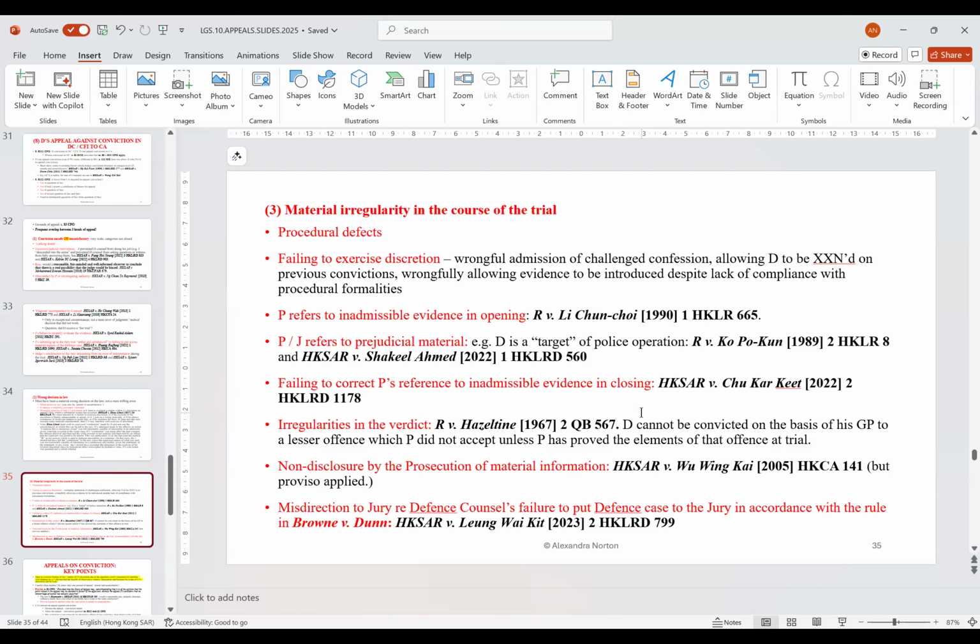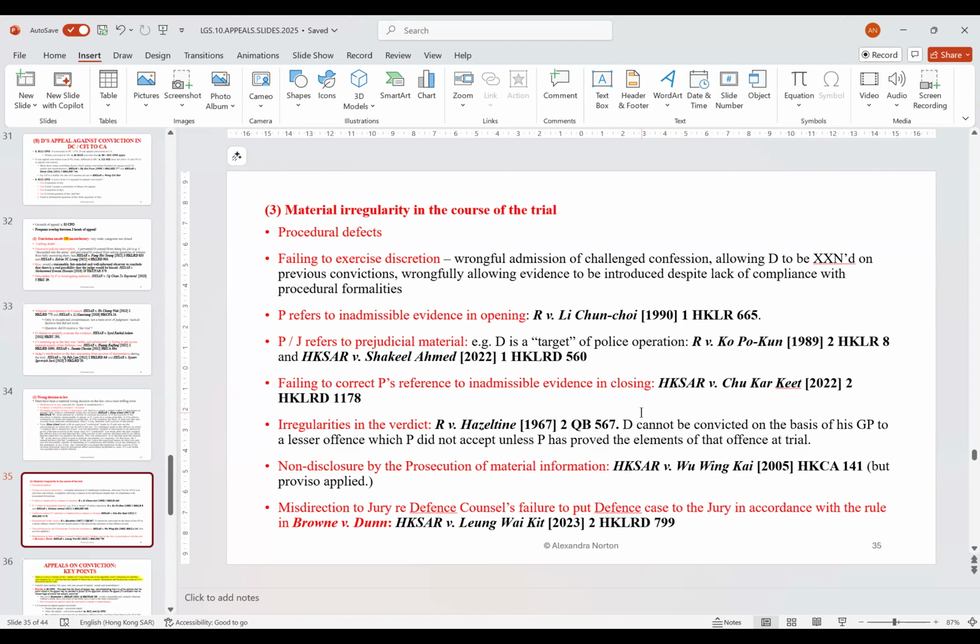Okay? But the prosecution referring to inadmissible evidence in opening, like prejudicial hearsay statements, is a very good ground of appeal, and would usually lead to the jury being set aside. Also, if the prosecution refers to the defendant as being the target of a police operation, that's really prejudicial because it implies that the police have prior knowledge of the defendant's criminal activities. So it's strengthening the case against the defendant in a way that would be very unfair, particularly in the eyes